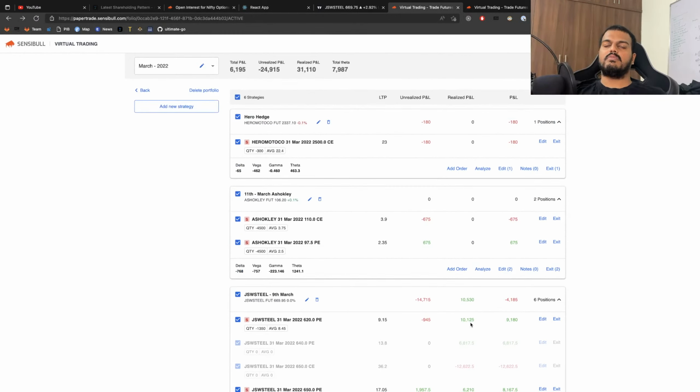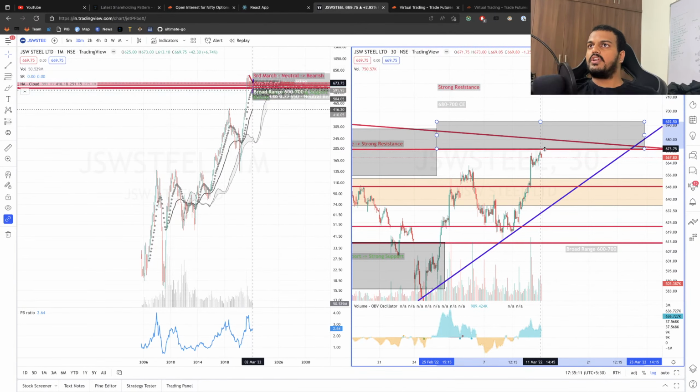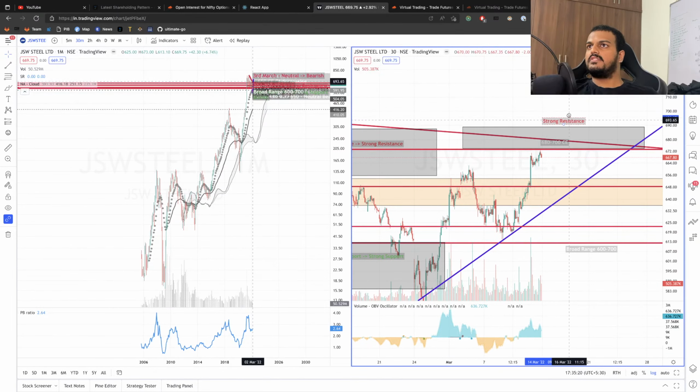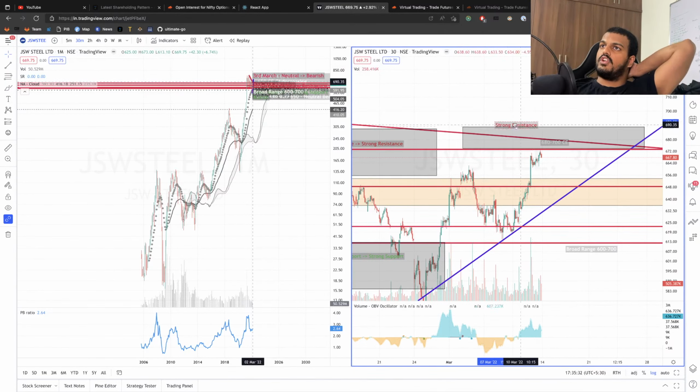So what we are trying to look at here is, we are continuing this as a strong resistance. 680 would be the strong resistance zone, right? So we will keep this 680 to 700. If this breaks above 690, that is when we have to basically trade with a different view. But it can be a false breakout. Only based on the OI data we can decide if this is a false breakout or not.